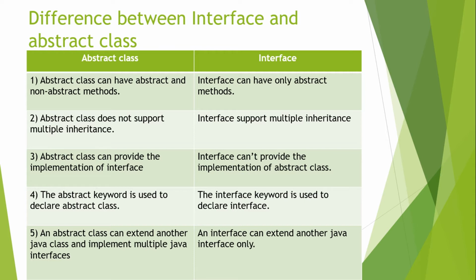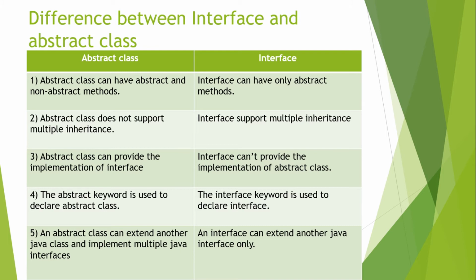Inside an abstract class, I already told there are non-abstract methods as well. That's why with the use of an abstract class we cannot support multiple inheritance. In Java we have already learned that one class can be inherited by two different child classes. So multiple inheritance is not possible with the class keyword, and an abstract class is declared by the class keyword. That is why an abstract class cannot generate multiple inheritance. We can have multi-level inheritance but not multiple inheritance.